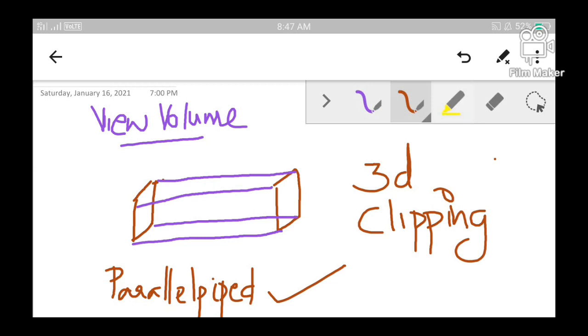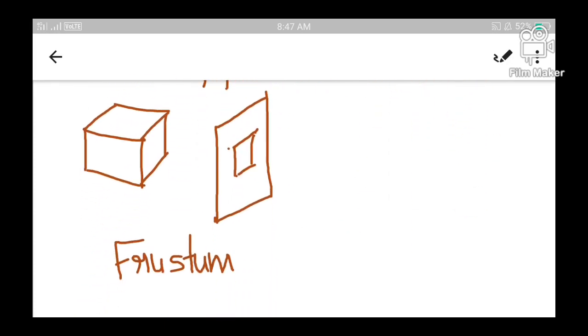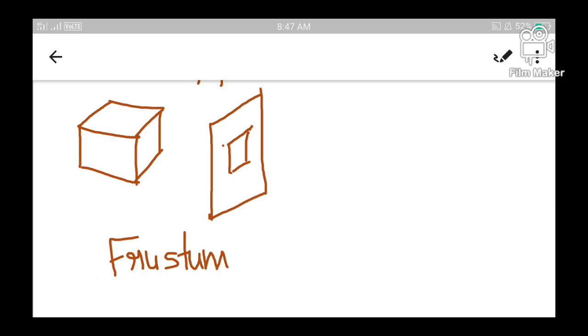Let us see how the view volume appears when we do perspective projection. I am again going to consider a 3D object whose image is being mapped on a two-dimensional view plane. Suppose the view plane is kept much farther away from the 3D object, and therefore the object when mapped on the view plane will appear to be much smaller than it actually is. So whenever we capture an image on a view plane, the projected image will be smaller than it actually is.